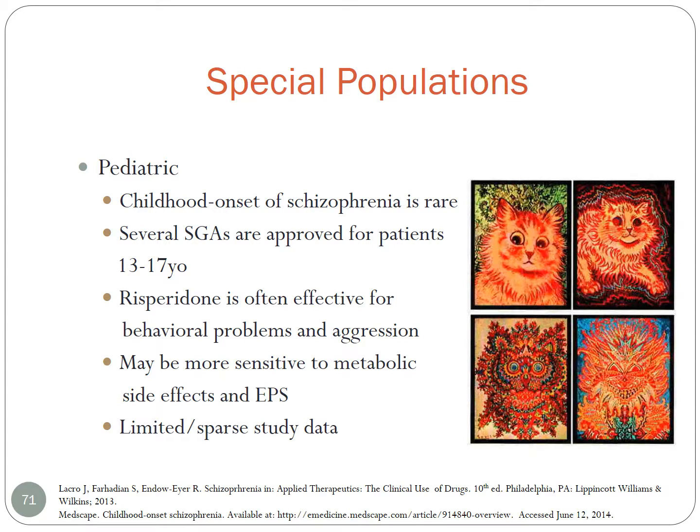Onset of schizophrenia in childhood is rare, but there are children who receive this diagnosis and are treated with antipsychotics. There are several second-generation antipsychotics approved for the teenage patient population, and then we may need to use them off-label if children are younger. Risperidone is actually quite effective for the behavioral problems and aggression associated with schizophrenia in our